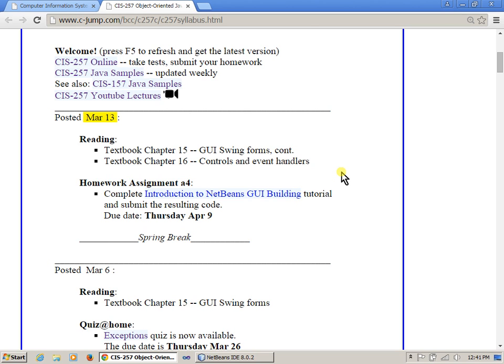For now, we still have some outstanding work to do, but this is generally the direction in which we're moving. The reading chapters are going to be chapter 15 and chapter 16, so we're clearly trying to shift our attention to graphical user interface, except that one big item still to deal with is